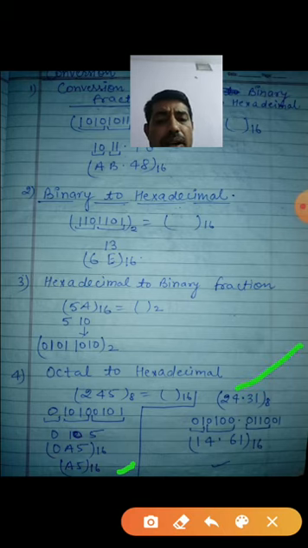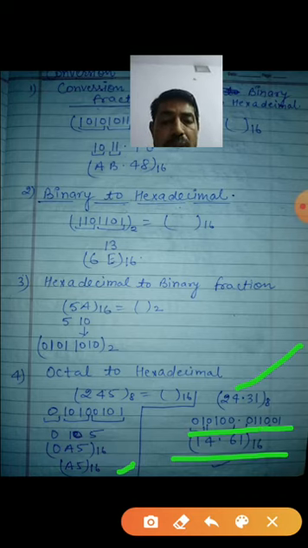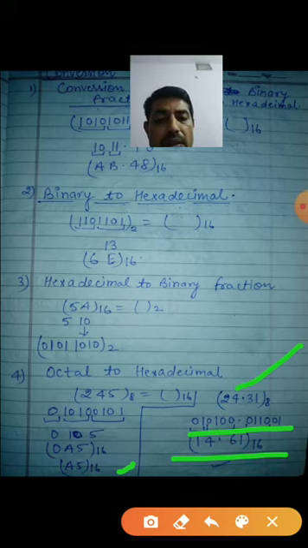Take the other example. This is a fraction one. The same thing here. First you will convert 24 into binary form for the octal. So what will be the 4? 100. This one will be 4. Okay. Then 2: 010. This is a 2. Okay. You will represent it in 3 bits.